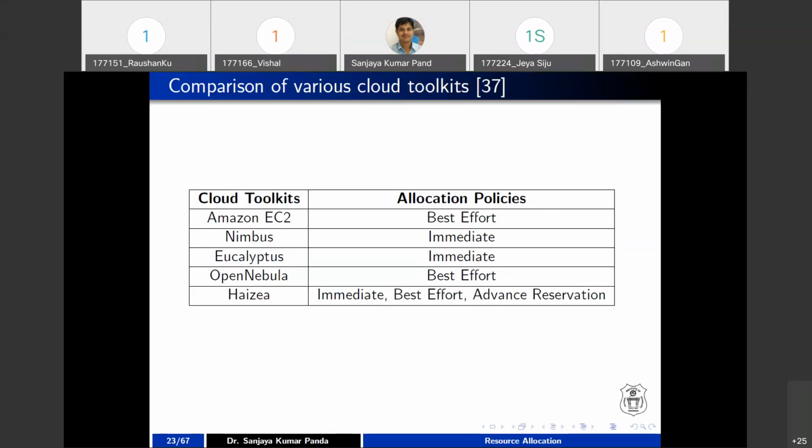If you are representing three different modes, then you have a lot of challenges. That's why in research, people specifically use this idea of a resource manager. So these are the various cloud toolkits, and they are